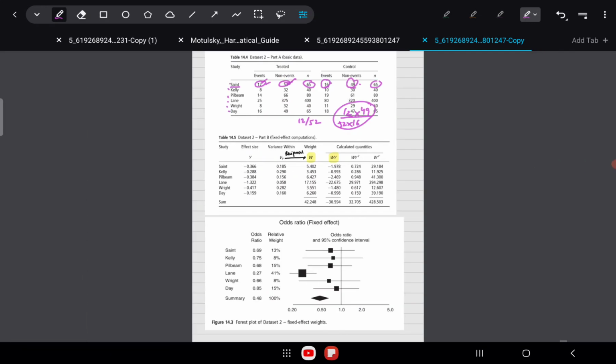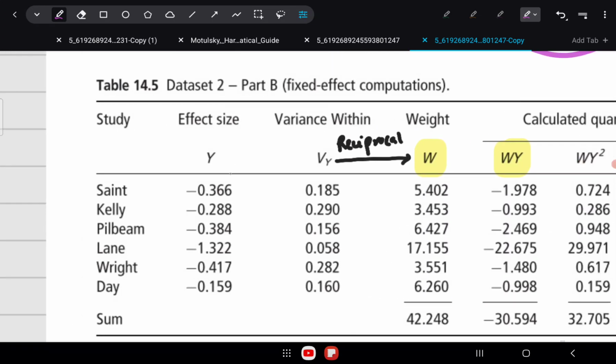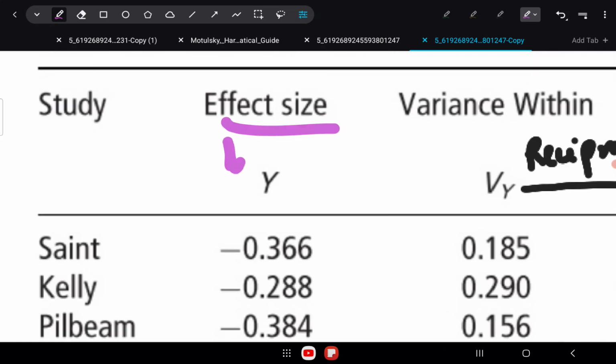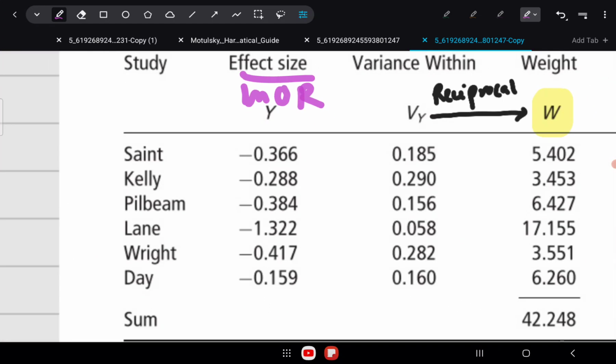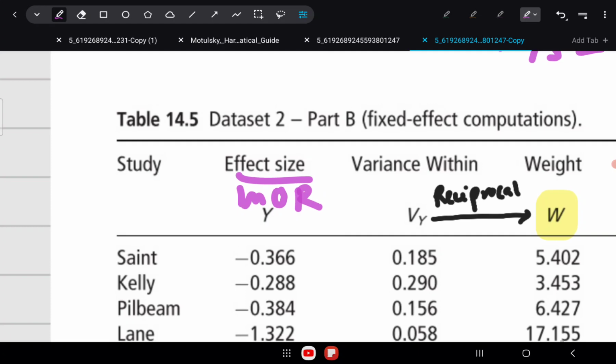Okay, so look at these, you can see these are not odds ratios. This is not odds ratio, this is actually natural logarithm of odds ratio. And why? Because we cannot do calculations of the summary effect in terms of ratios. When we have any ratio, we have to convert them into logarithmic forms. I'll tell you at the end maybe why we need to do that. So these are the logarithm of the odds ratio. You can say they're all in negative form, right? And this is the variance in the natural logarithm of the odds ratio.